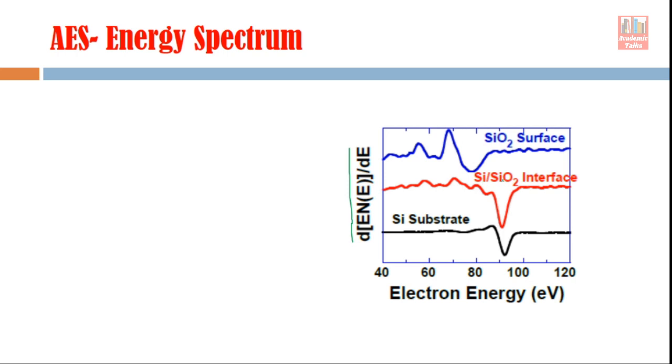So corresponding to SiO2, different elements may be present there. So there are multiple peaks here, and this blue curve is for the SiO2 surface only, no silicon is there. So you can see that whatever peaks were there corresponding to SiO2, they are more enhanced here, right. So from this energy spectrum we can locate a dominating peak, and we can see how much is the energy of that dominating peak, and depending on that energy we can identify the element, and that way we can do the compositional analysis of the solid surfaces.